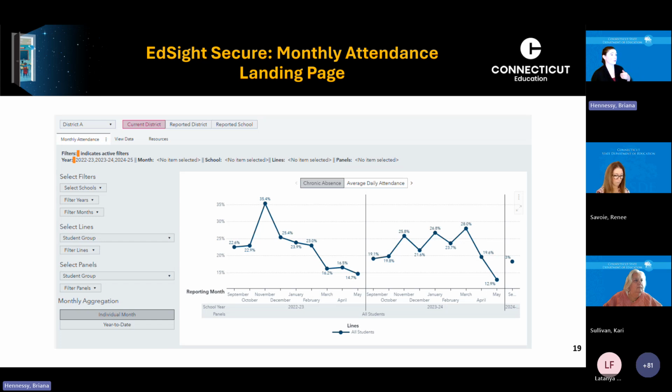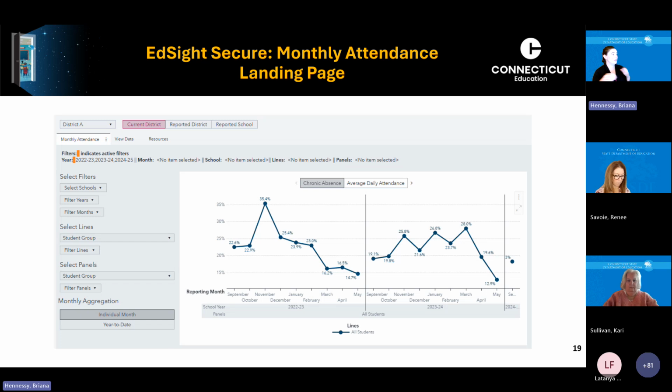What you see when you open the report, we're looking at the current district. So that's the data for all students who are currently enrolled in my district, or in my school if I'm a school user. This is going to be attendance history from any school that they've attended, not just my school. And as registration changes, this graph will change. So if a student moves out of the school today, when I open this up tomorrow, they're not included.